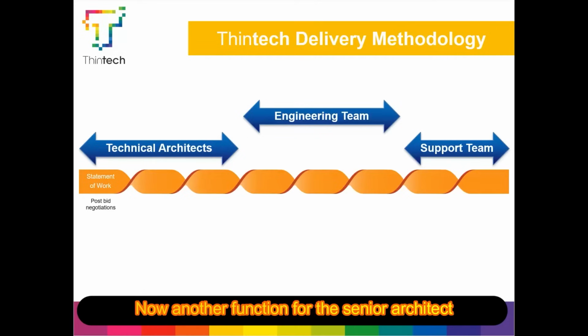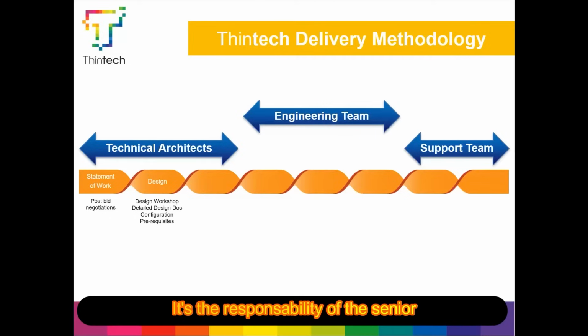Now, another function for the senior architect is to produce the detailed design document. Okay, the detailed design document is a low-level design, and it's the responsibility of the senior architect to produce that low-level design. He does that in conjunction with technical workshops with all of the key internal IT stakeholders and technical staff, making sure they work very closely, especially with the security department early on, and especially with the service delivery managers I found, because these are the guys that are really going to be